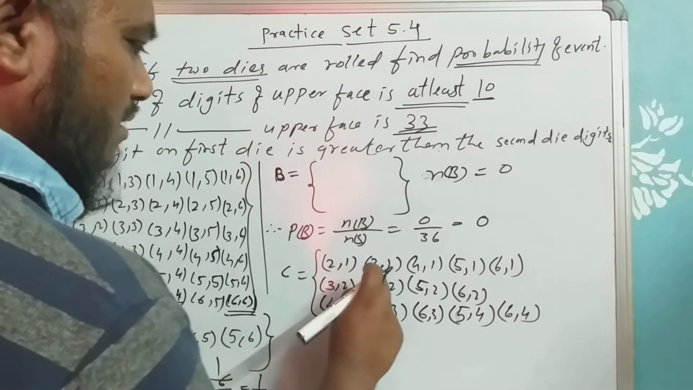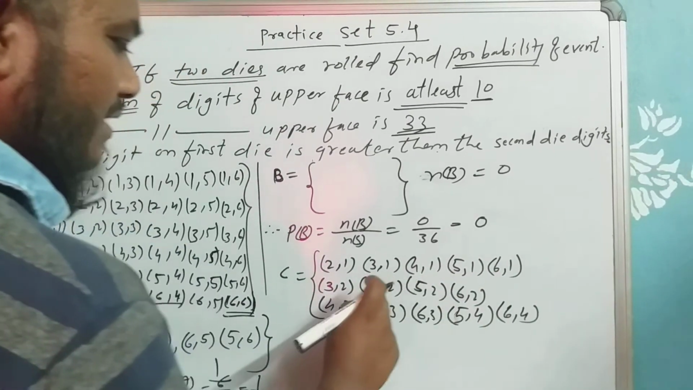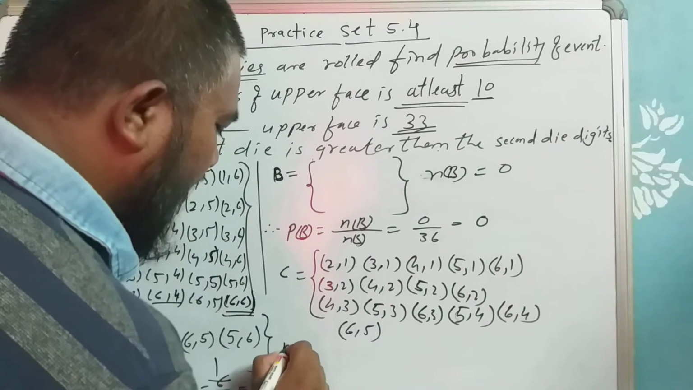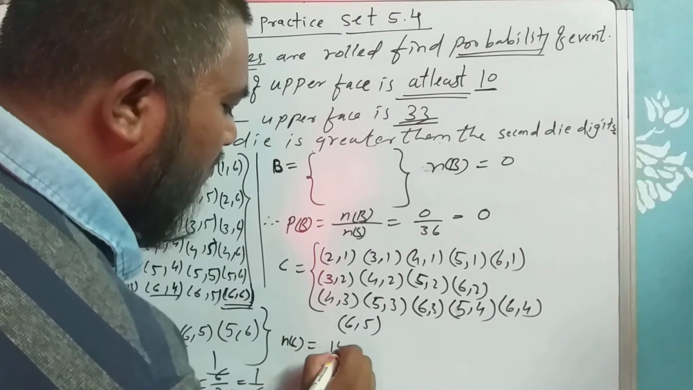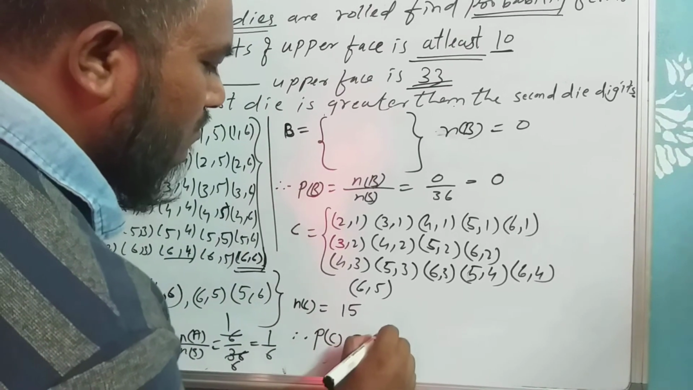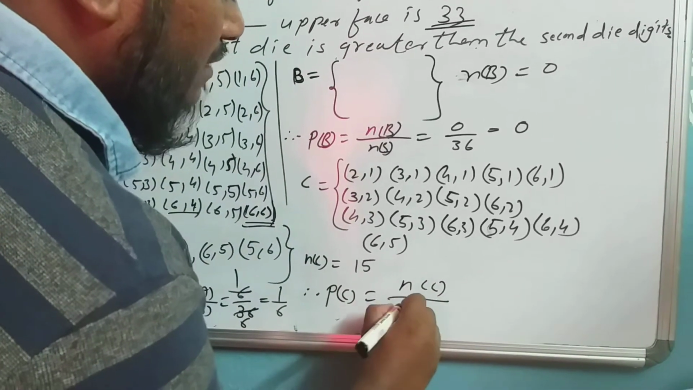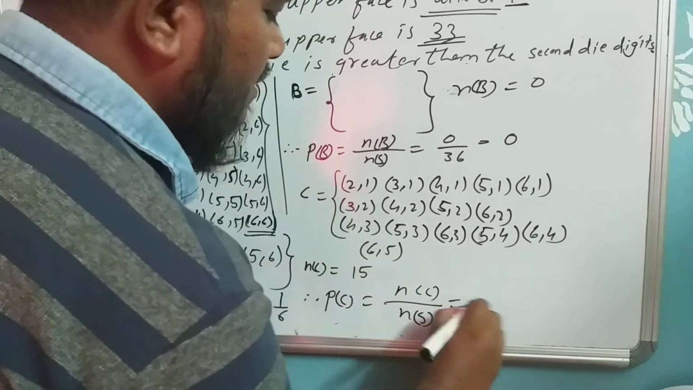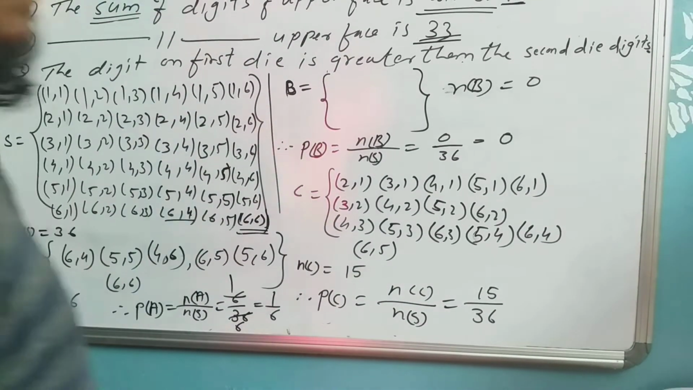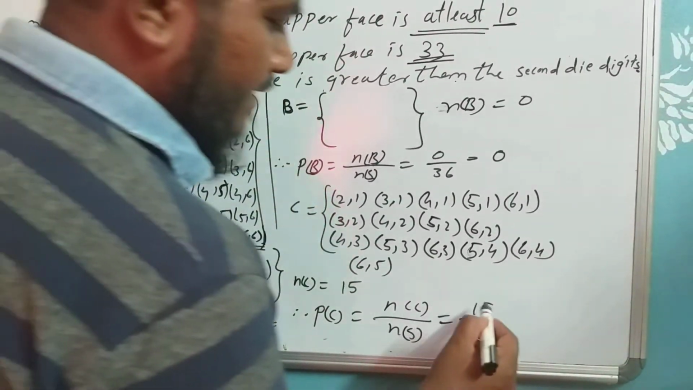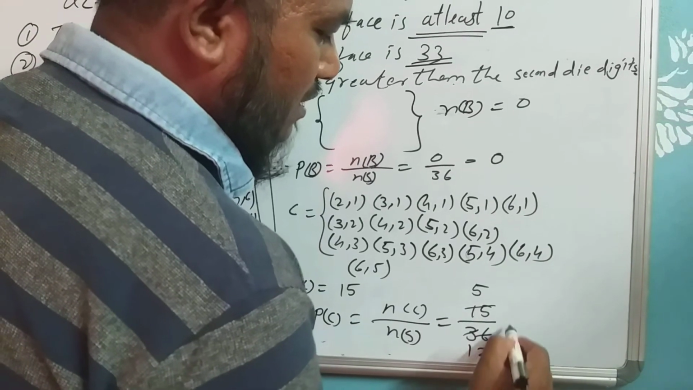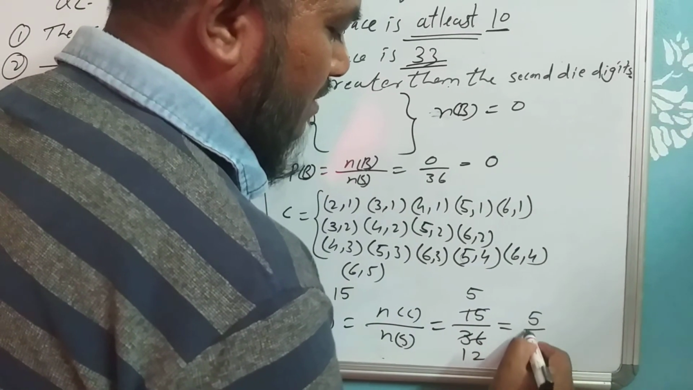Now we count: 1, 2, 3, 4, 5, 6, 7, 8, 9, 10, 11, 12, 13, 14, 15. So n of C is 15. Therefore, finding the probability of C, P of C is equal to n of C divided by n of S, that is 15 upon 36. We can divide this by 3: 3 fives are 15, 3 ones are 3, 3 twos are 6. So the answer will be 5 upon